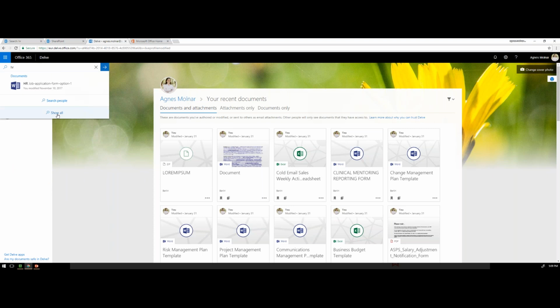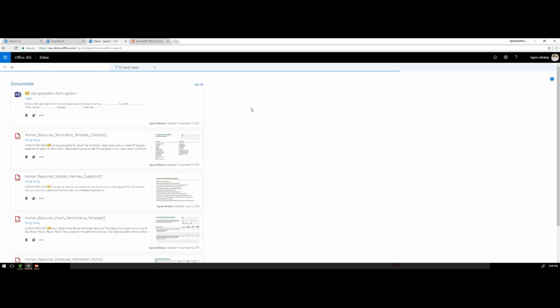And if I click on Show All, I have a different user experience where I can see the document results. Again, the only filter would be based on result type. Since I have only documents displayed here, it doesn't make too much sense to change this filter. So again, no customization, no refinement. It's just personalized,